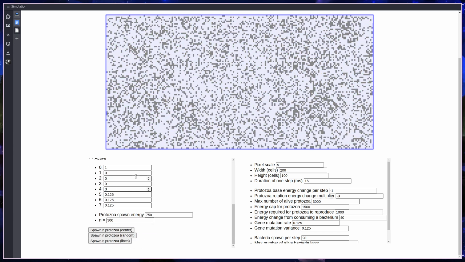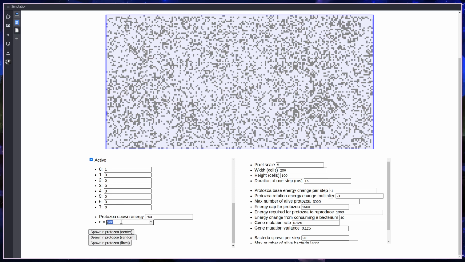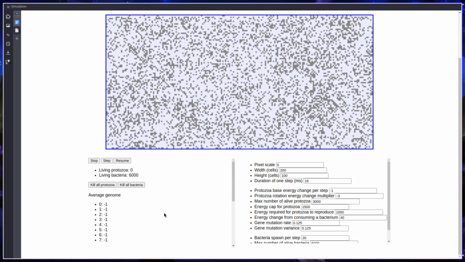But you still have to move a little bit, because I can show, if we just told the protozoa to move only in 0, so never change direction, then, well, this one was more fortunate. But see, it's just moving in the same lines, and those lines will kind of loop around, and yeah,